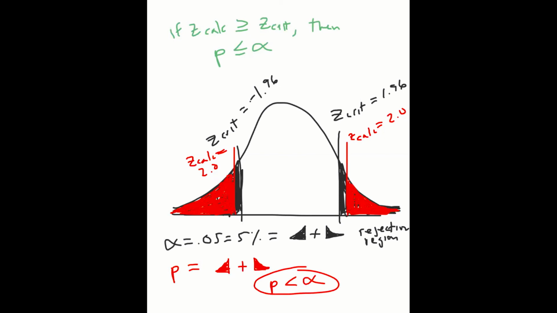Because alpha is 0.05, we know that P is going to be less than 0.05, because that red area is going to be smaller than the black area of 0.05. What happens if